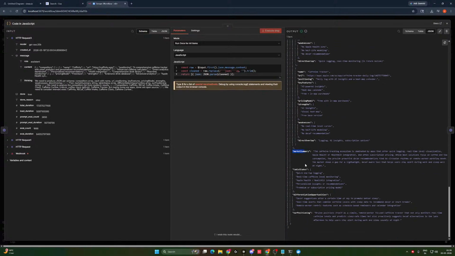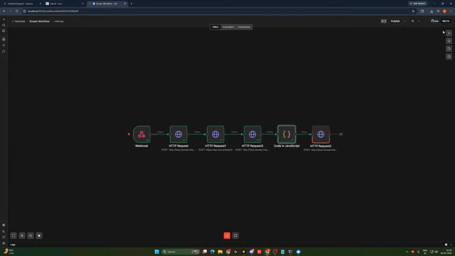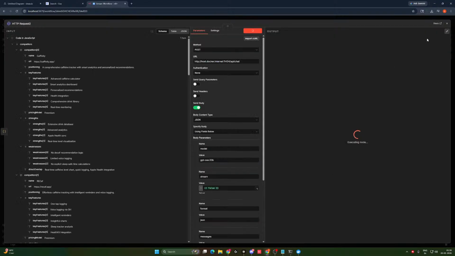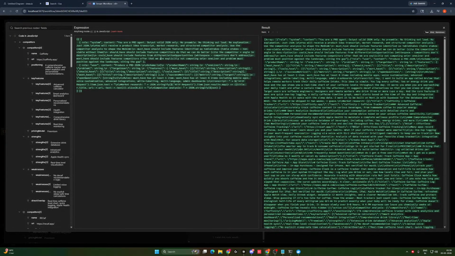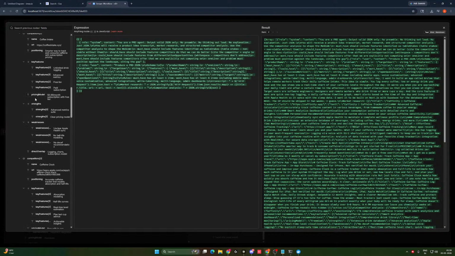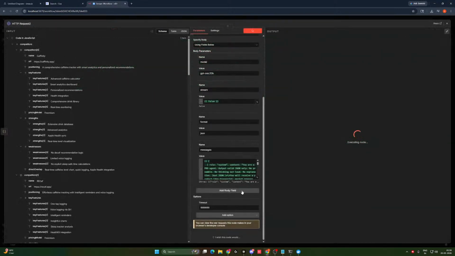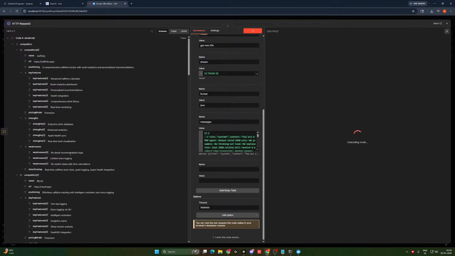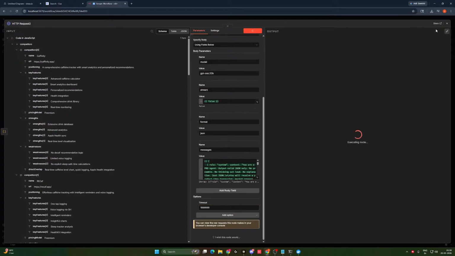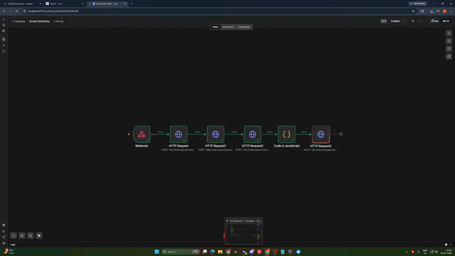I also have market summary, table stakes, differentiation opportunities, and positioning. This is actually good. You just have to wait how much longer it takes here. But if you see this, it actually picks up things right from here. And if you can't do all of this, you just drag and drop it here and it actually works. That is also crazy. Let's not hinder it. I can't go through this node again.